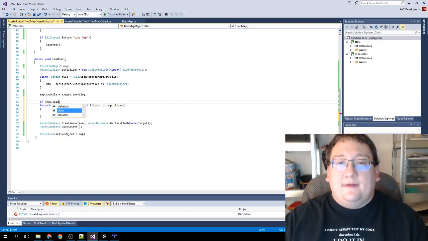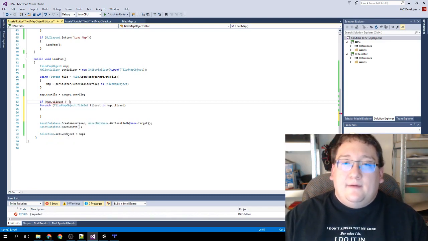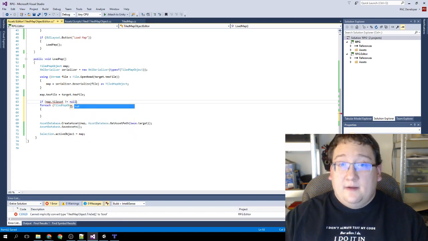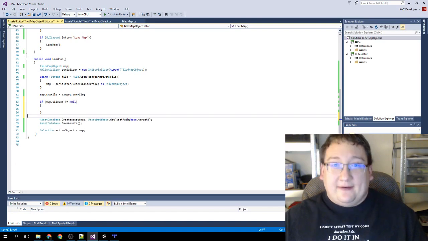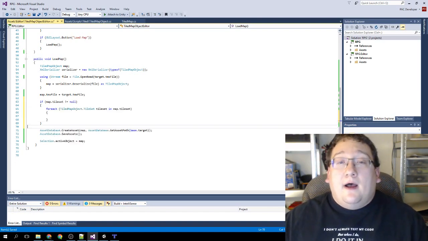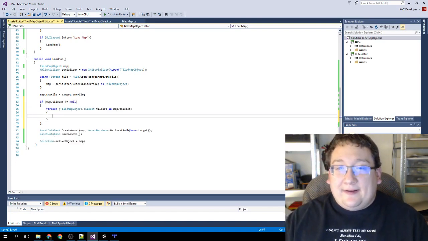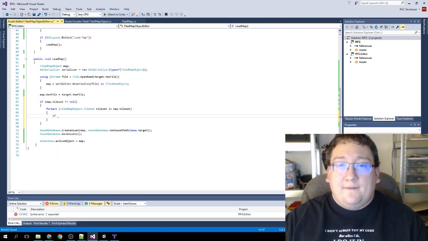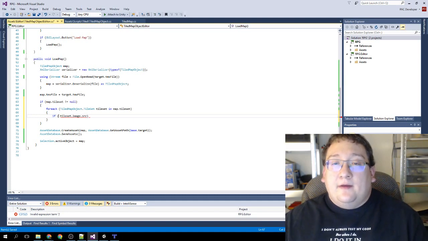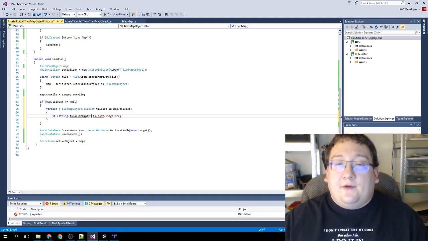If map.tileset doesn't matter if it's empty, the foreach loop just isn't going to do anything. Now I can basically make sure the source isn't empty. I think if it is empty, I'm going to throw an error message. If tileset.image.source is a string is null or empty,